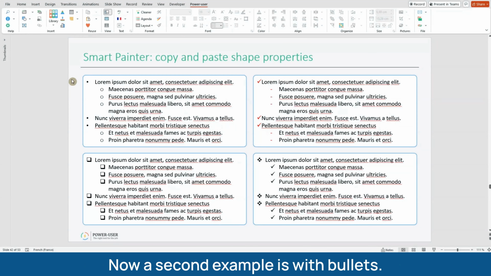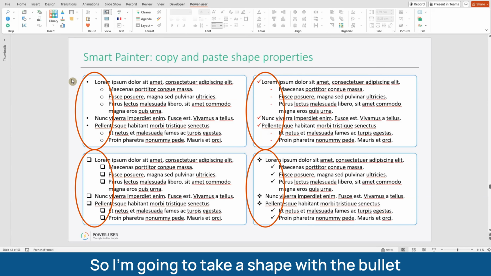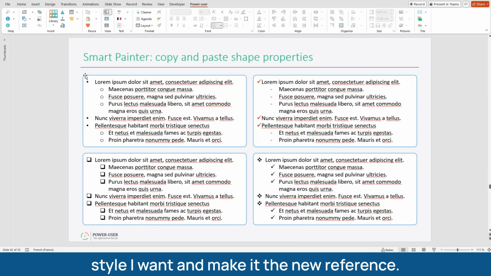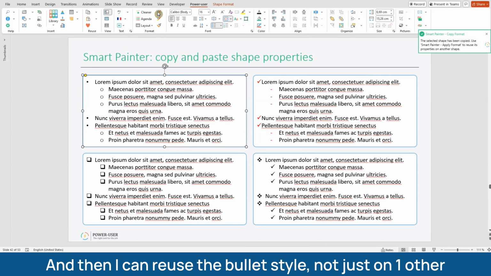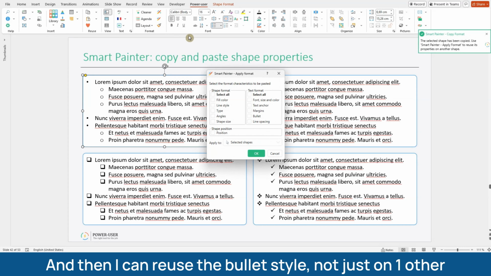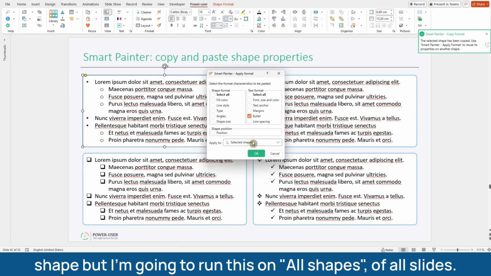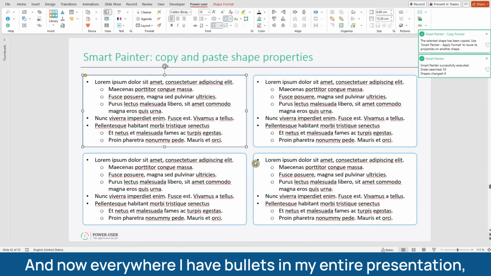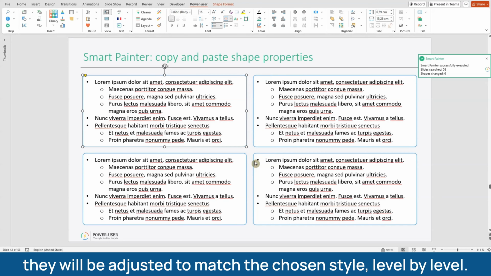Now a second example is with bullets. It is very difficult to keep the bullet style consistent in a presentation. So I'm going to take a shape with the bullet style I want and make it the new reference. And then I can reuse the bullet style, not just on one other shape, but I'm going to run this on all shapes of all slides. And now everywhere I have bullets in my entire presentation, they will be adjusted to match the chosen style level